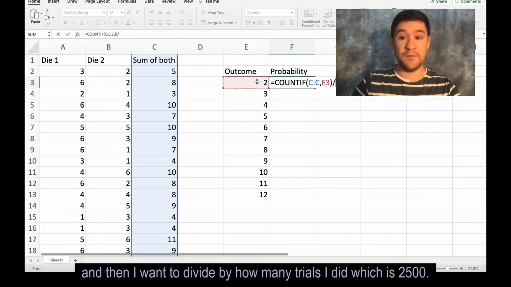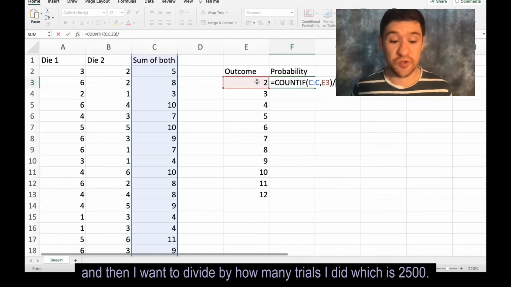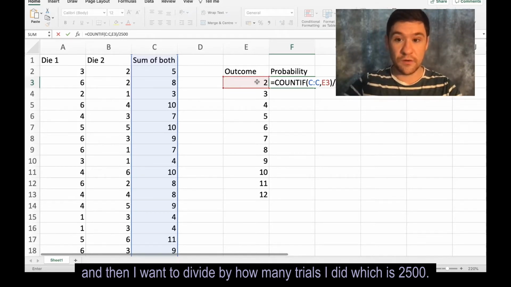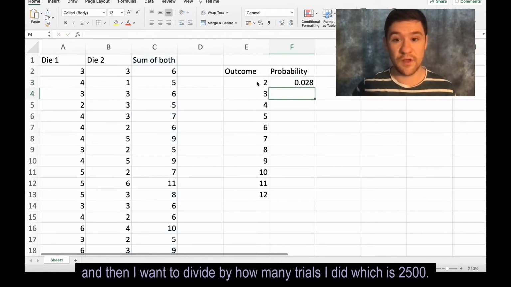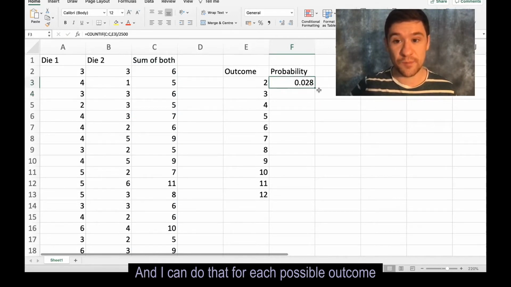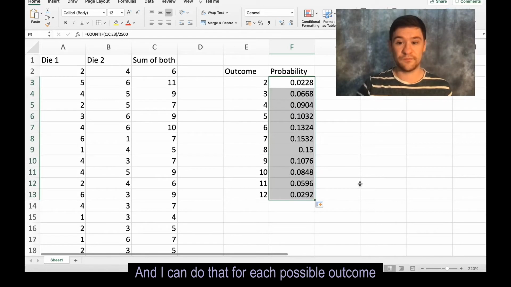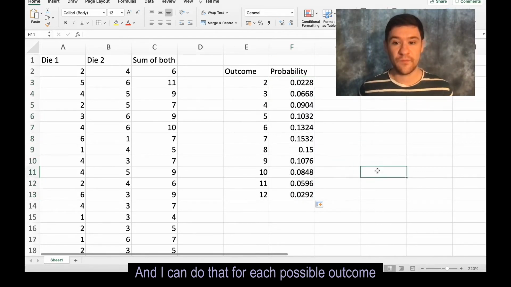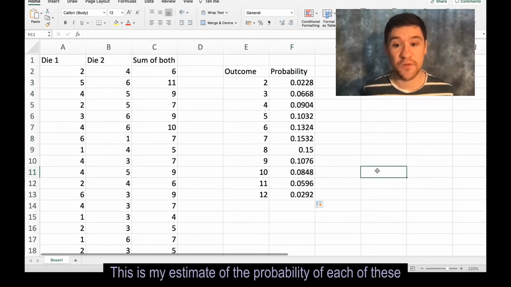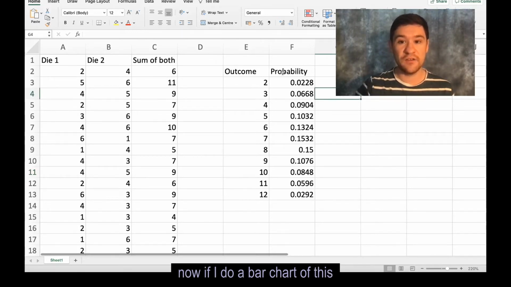And then I want to divide by how many trials I did, which was 2,500. And I can do that for each possible outcome. So this is my estimate of the probability of each of these. Now, if I do a bar chart of this,